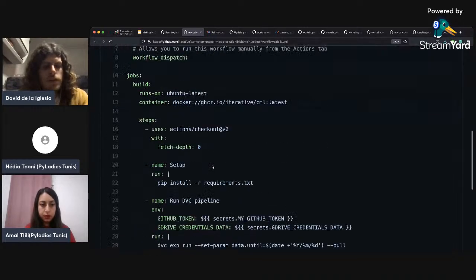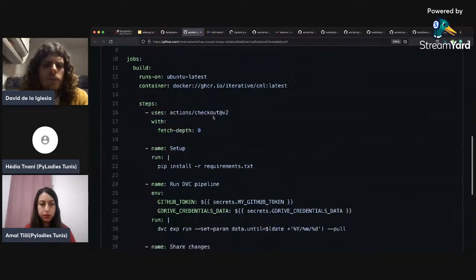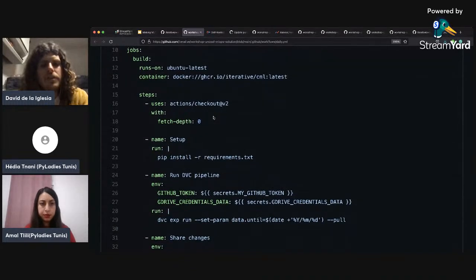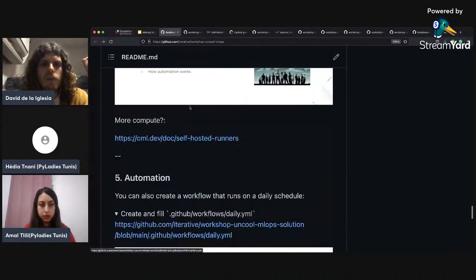So yeah, the file is pretty much the same. A minor difference here is that I am using some DVC functionality in order to update the until parameter that we have in our parameters YAML file. So remember that before we have this parameter YAML file,